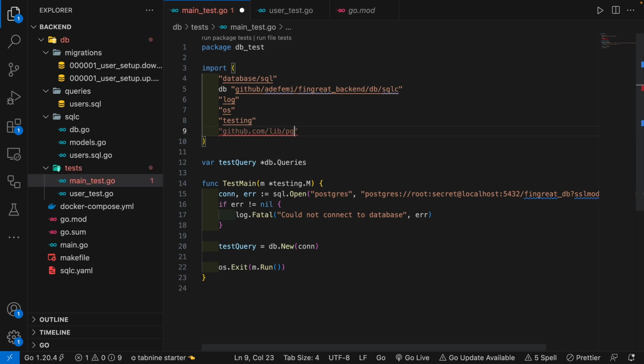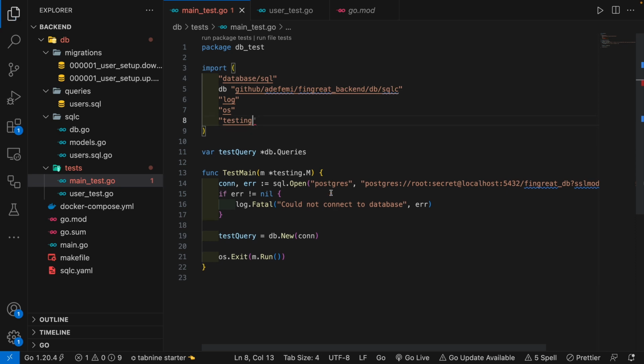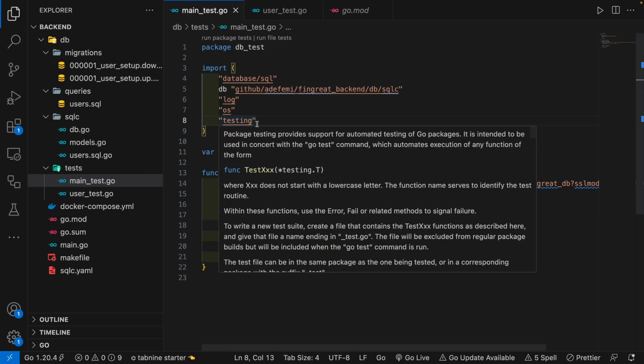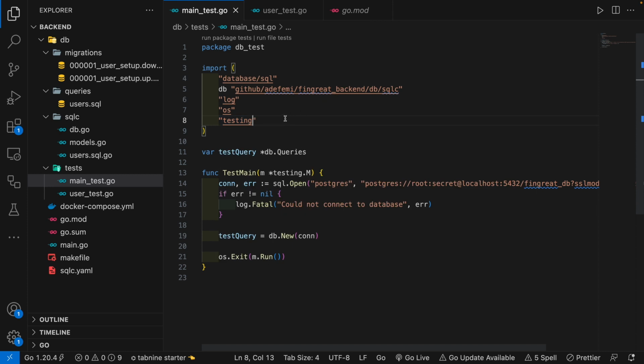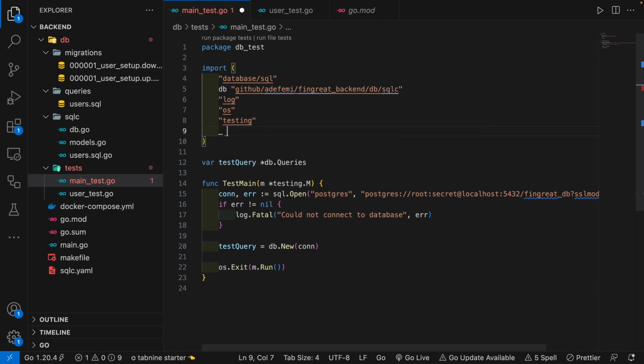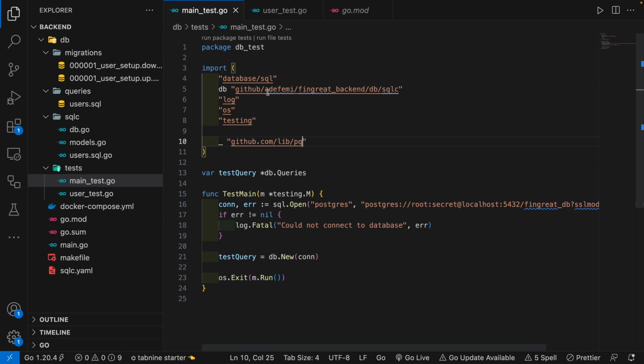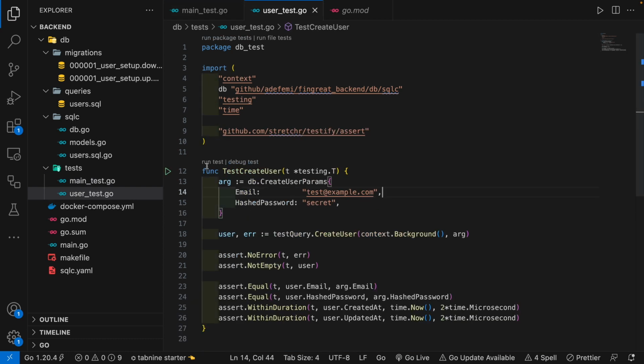However, the issue here is that Go kind of cleans up our code. For instance, at the moment, we are not using this. Postgres, as seen here, is just a string. It's not associated with that particular package. So if we save this now, we can see that this is removed and we are still going to have our error. But that package is still required. So what we want to do is to import it generally, not in association with its usage. And to do that, we can have an underscore here and have the package itself like this. Okay. So now if we come back to our user tests and run the tests,